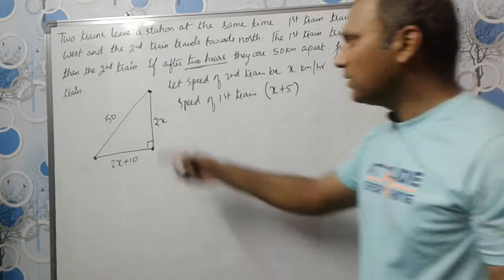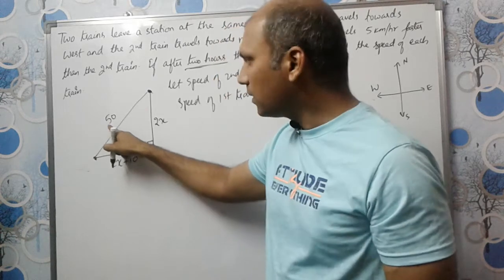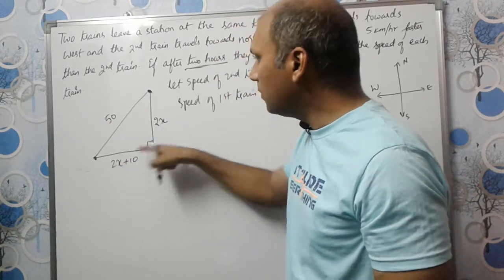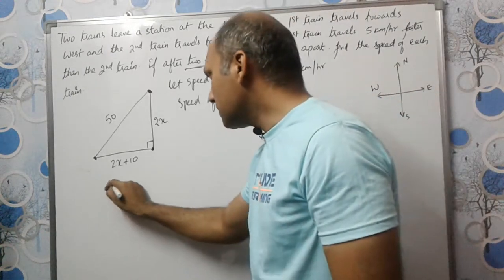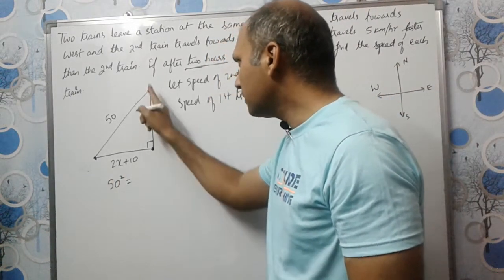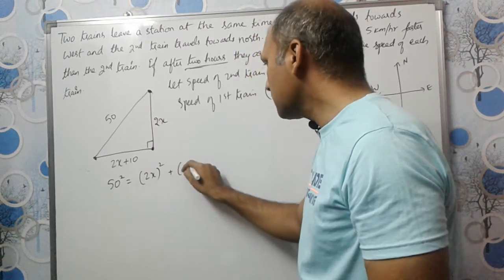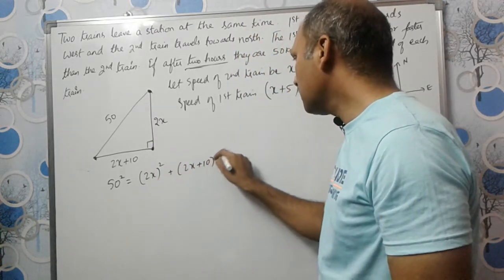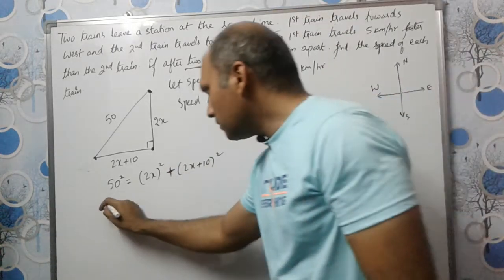Now if you apply Pythagoras theorem, what is Pythagoras theorem? The longest side, hypotenuse square, should be equal to perpendicular square plus base square of a right angle triangle. So this is equal to 50 square. 50 square is equal to 2x square plus (2x plus 10) whole square. I hope you understood this, right? So 50 square is